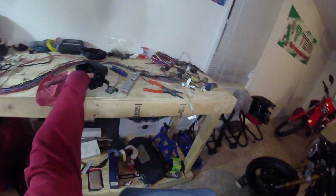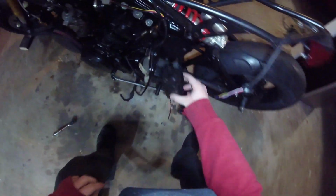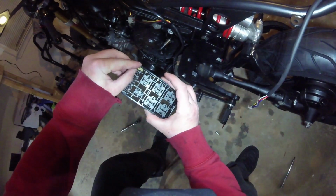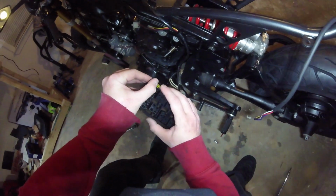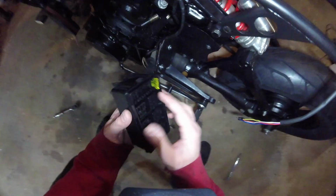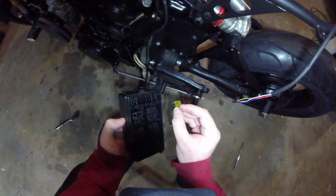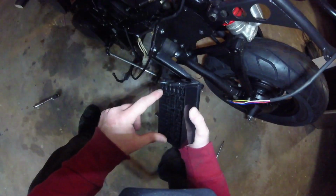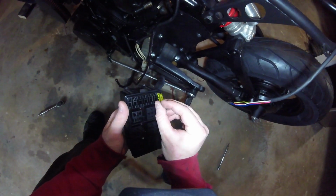Okay, so the fuse box, if you recall, kind of mounts like this. And for the main fuse, we're going to use this one in the far back, closest towards the inside of the bike, is where we're going to put it. So what I think we'll do is we'll make the top the incoming and the bottom the outgoing power of this fuse. To do that,